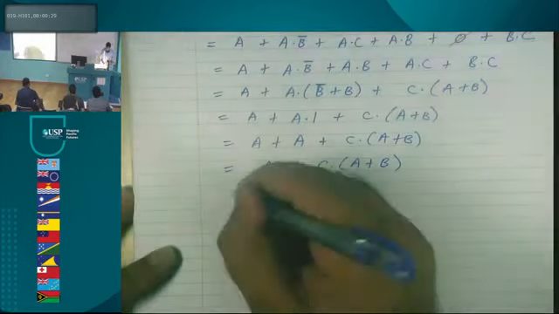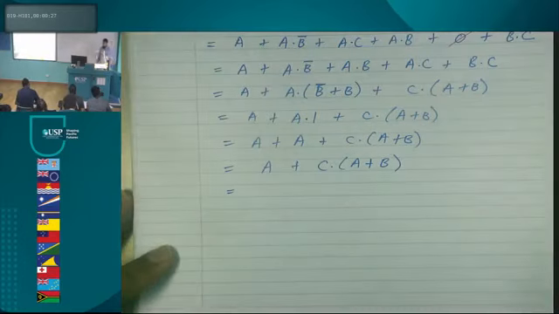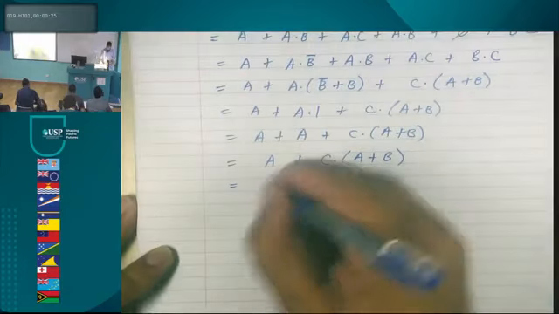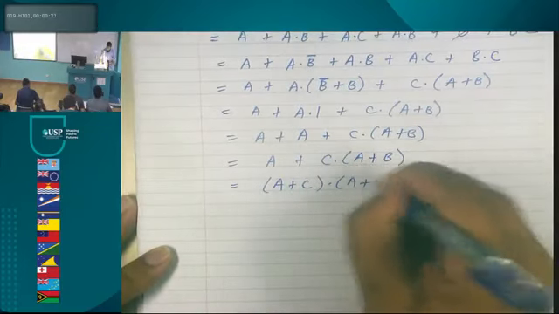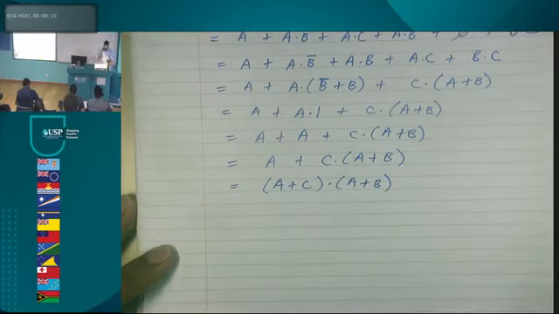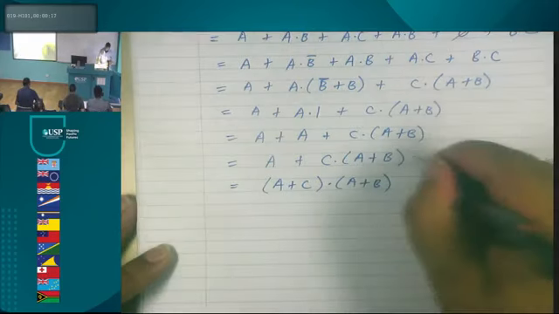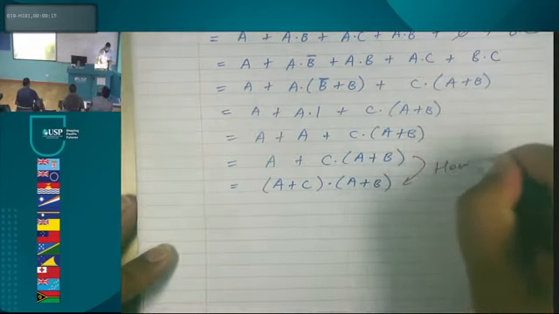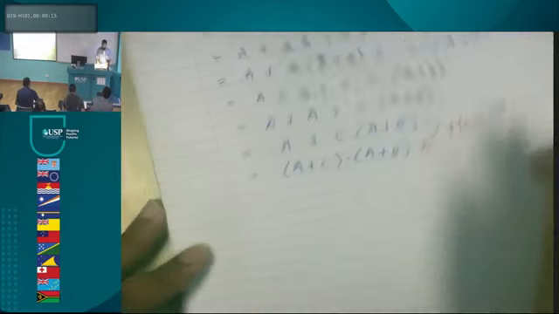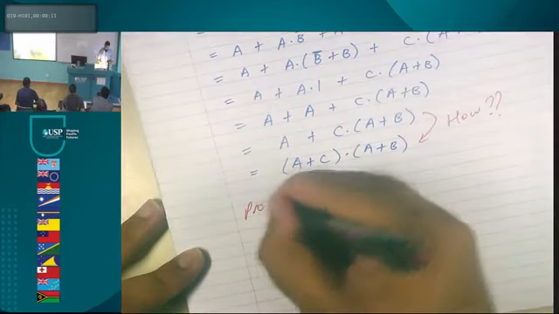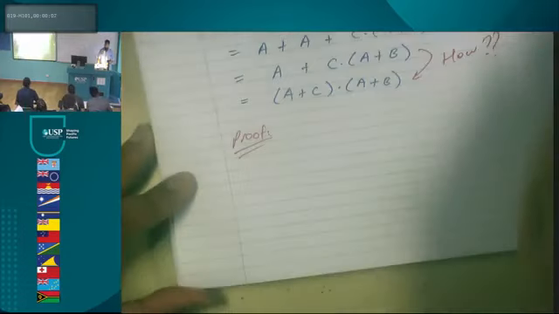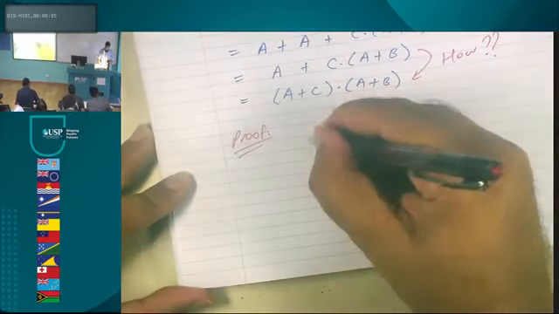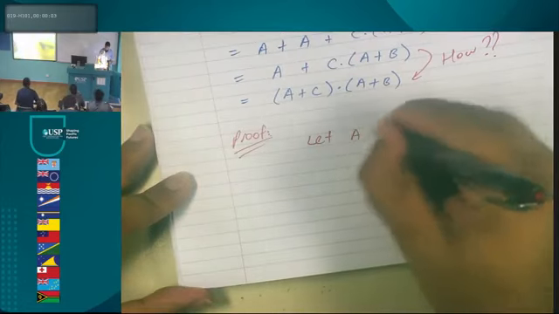Now, I'll take this jump. You'll say, how? Okay, proof. It's like proof within proof. Proof within proof. Let A or B